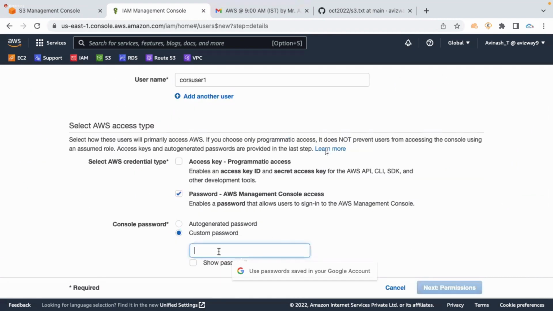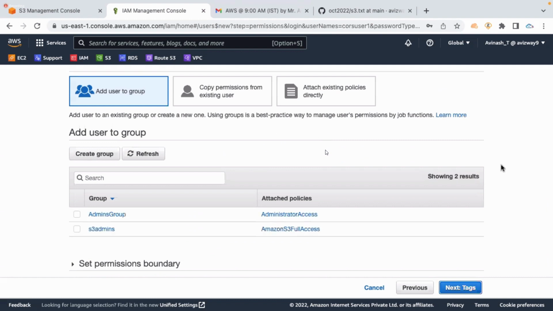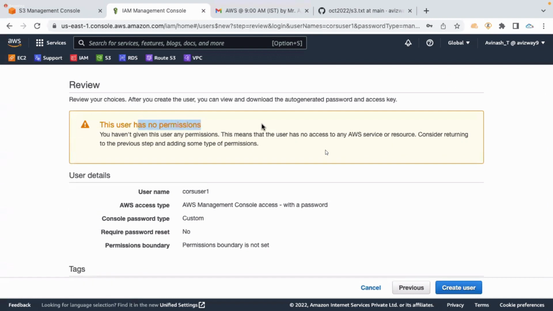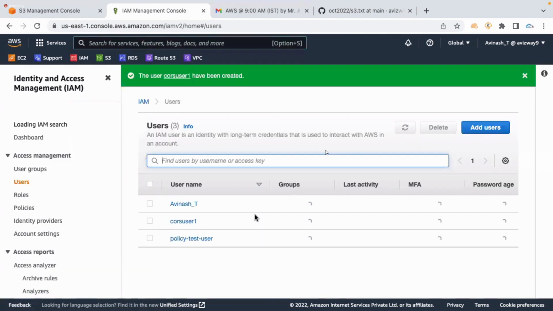Password. I'm going with a custom password just to save some time. There is nothing more than that. And I'm not going to allocate any policy. I want to create one policy that allows him to access that specific bucket. Review. This user doesn't have any access now. Create user. Okay. So now I'm going to select that user